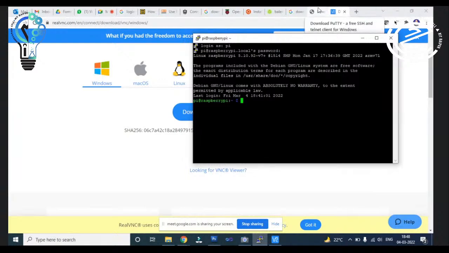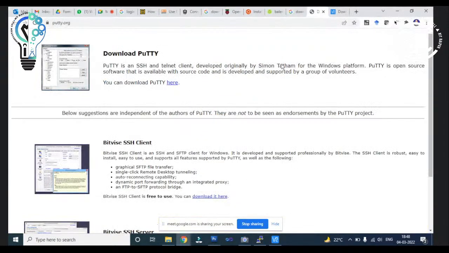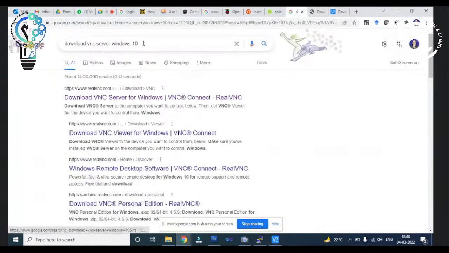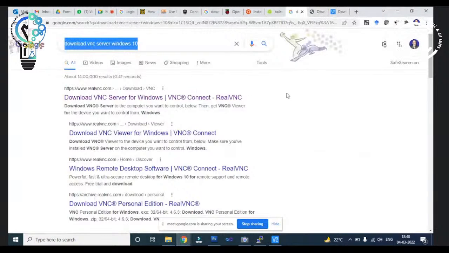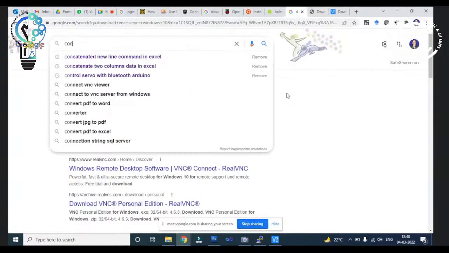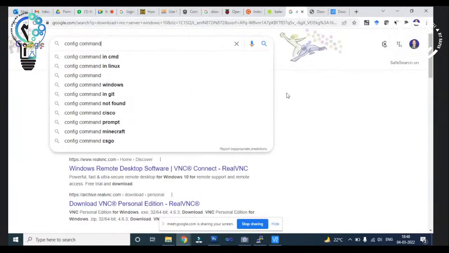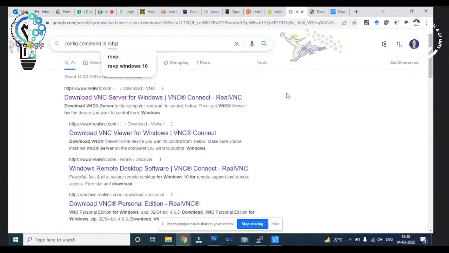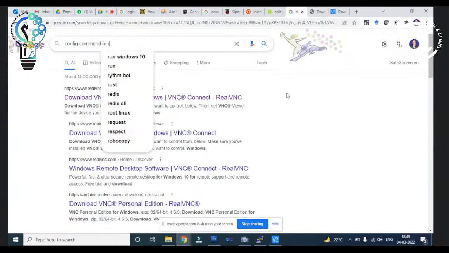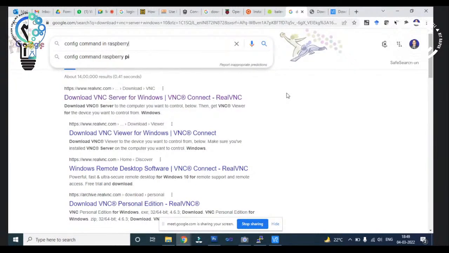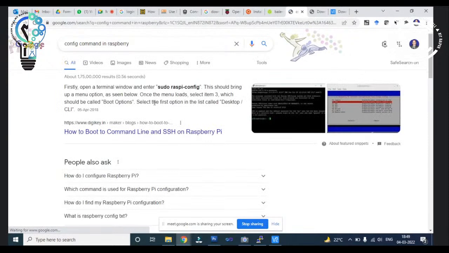So for that purpose, we need to see the command. If you don't know the command, you can see the config command in Raspberry. So you will get the command for this: sudo raspi-config, right?